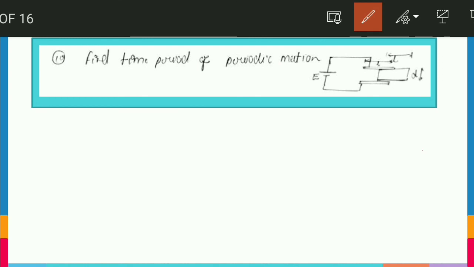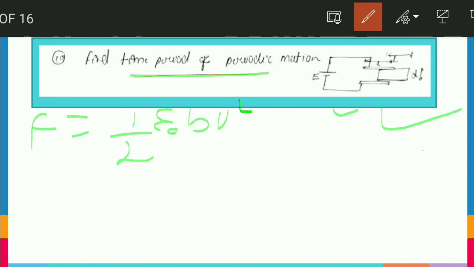Yes, friends, let's see this question, how we have to do this. Actually, we have to find the time period of periodic motion of this system. I have told you about this system before, that whenever a slab tends to be attracted by a system of this capacitor and battery, the force that acts upon it is equal to, could you remember, half epsilon naught bV square into K minus 1 upon d, where b is the breadth and d is the separation, and the rest you know. One thing I forgot, this length which is already inserted is of a.